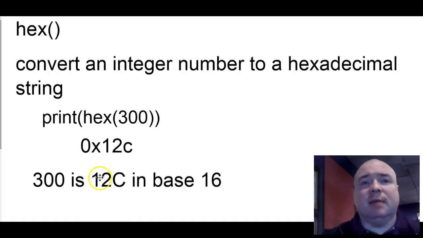What the heck does that mean? Well, it means that C represents the number, let's see, A is 10, B is 11, 12 is 6. So if we take 12 times 16 and then add that to 2